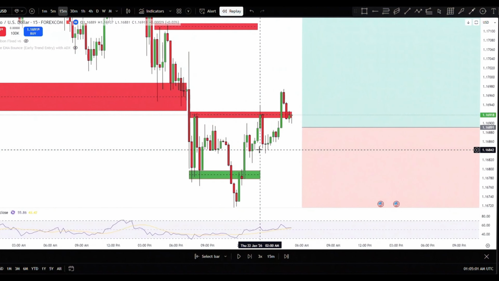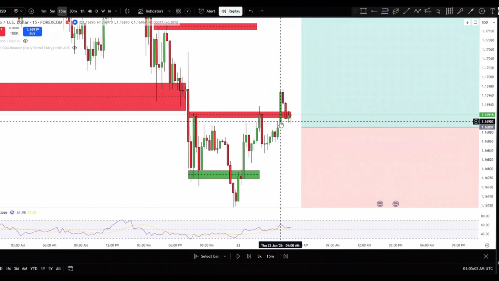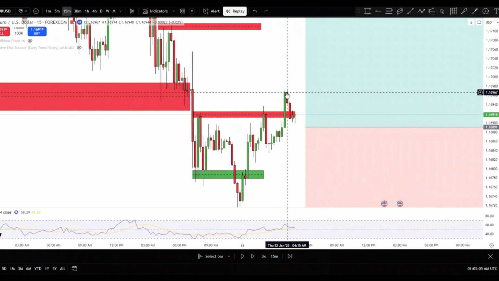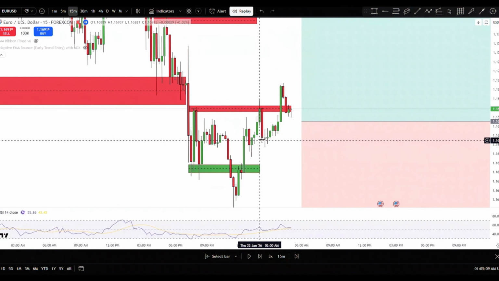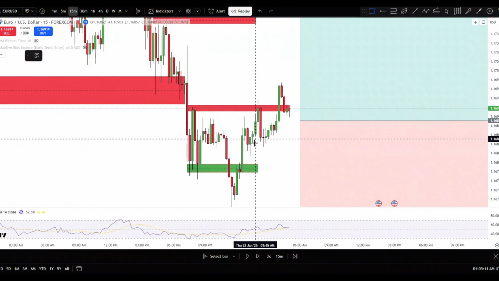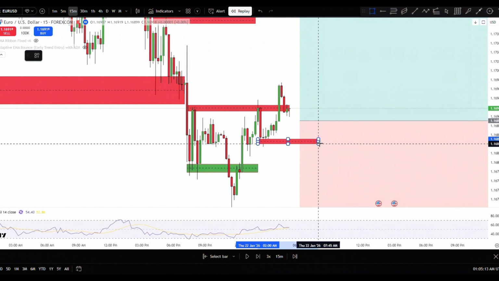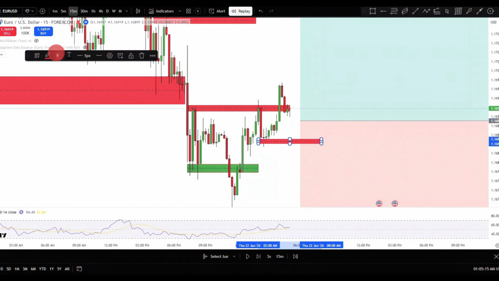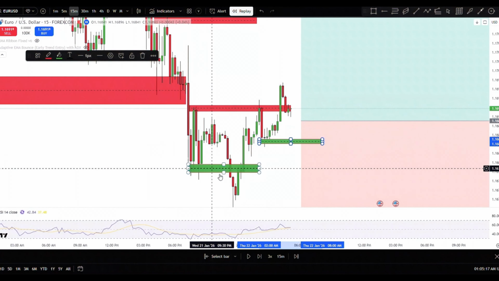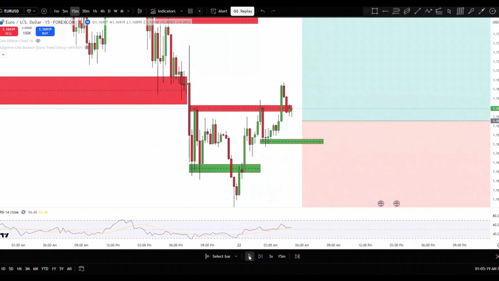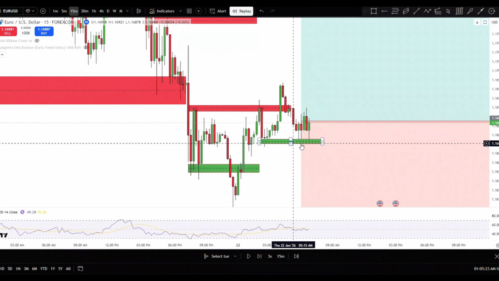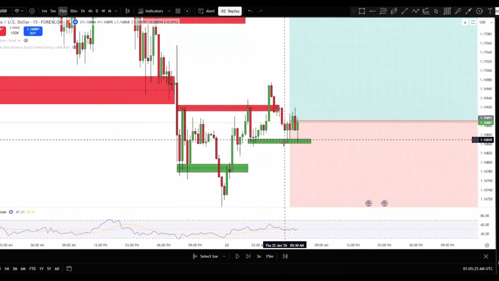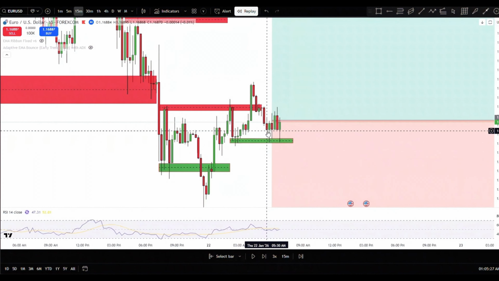Okay, so this is a 15-minute time frame, and like I said, we got the higher high. Now we were looking for the higher low. So this is the most recent low right here. That means we need to see price finding support anywhere above this level. So what price did was come down here and respect this level of support.